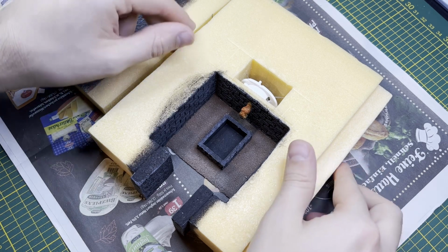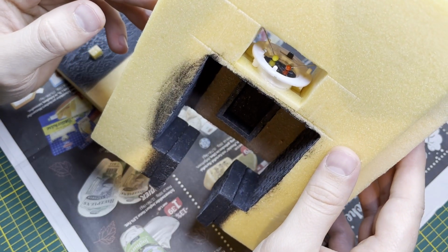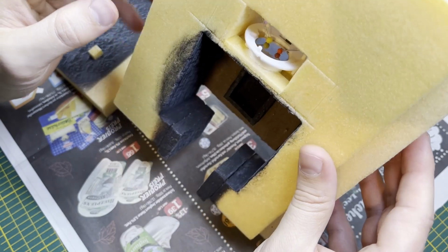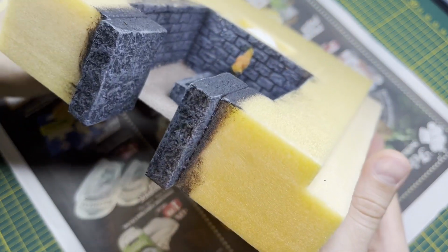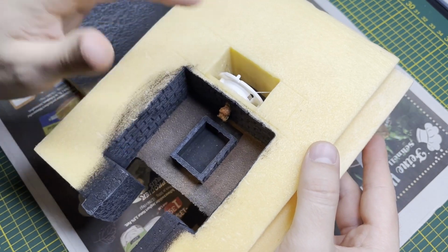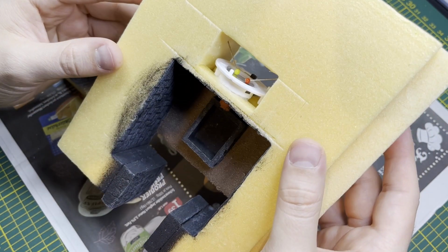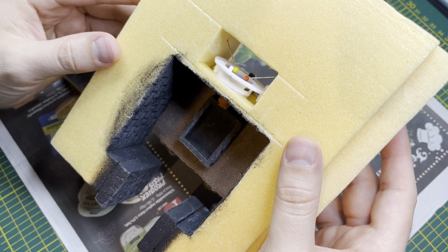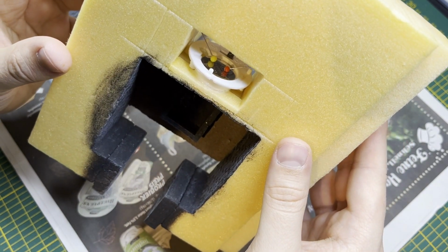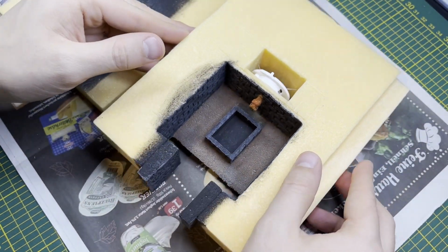After much deliberation, I decided to light the interior. It's quite a lot of effort for little visible effect, so you can leave it out if you want to. I used an electric tea light for this. However, I had to fix the battery again with pins because I slightly damaged the holder function during construction. Because the plastic still sticks out at the top, I made a small hole in the ceiling so that